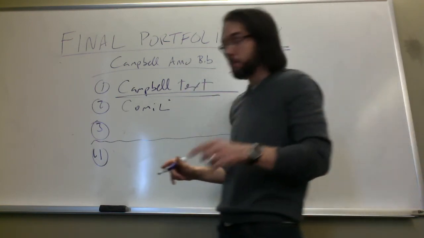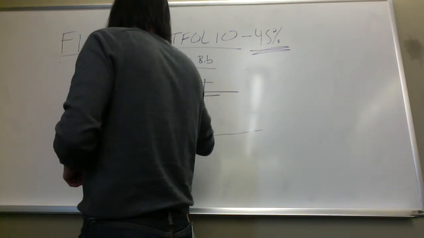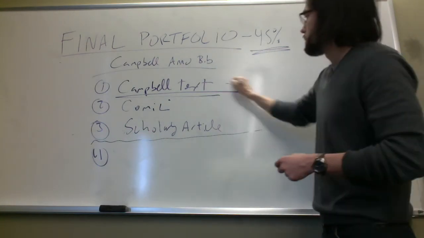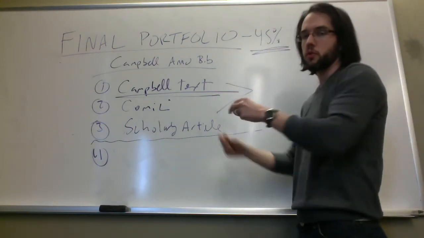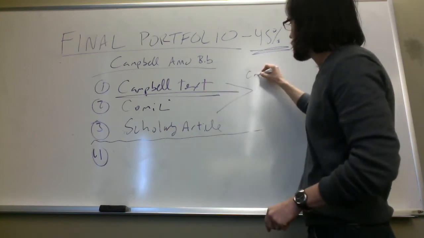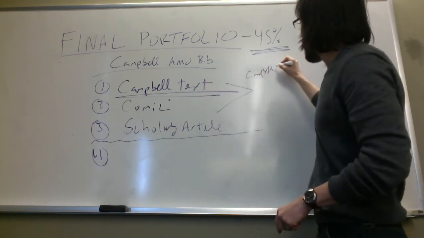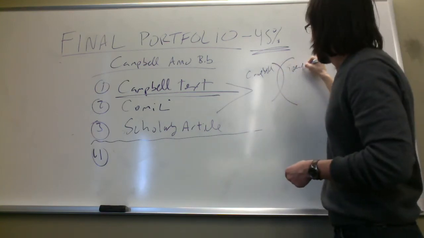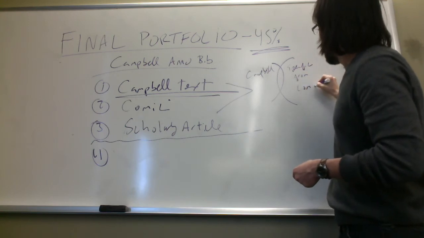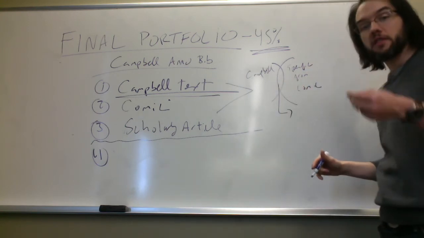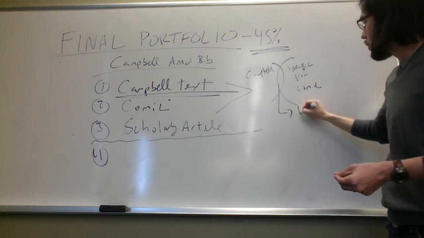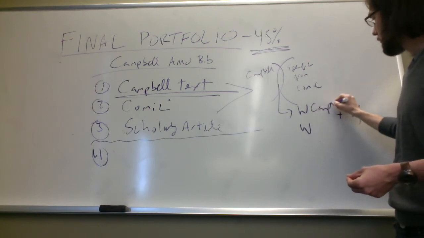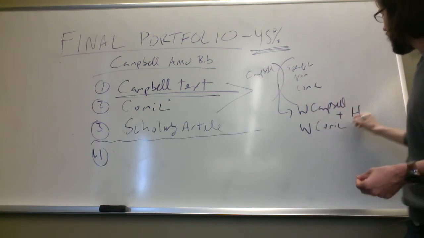And then lastly, you need a scholarly article. And you're doing a triple synthesis, right? These two, you're doing a pure synthesis. Something from Campbell's theory, right? And then you're going to do a Venn diagram and find something specific from your text. And so then you'll have a synthesis thesis with two whats and a how. Something from Campbell, something from the comic, and then the resonant how.